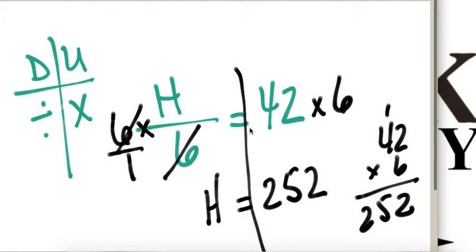Okay, so I have to plug it in and see if it makes sense. So I plug in 252 for h. If I plug that in, does that make sense? 252 divided by 6, could that give me 42? Yes, that does make sense. Another kind of problem might look like this. It might say 5h